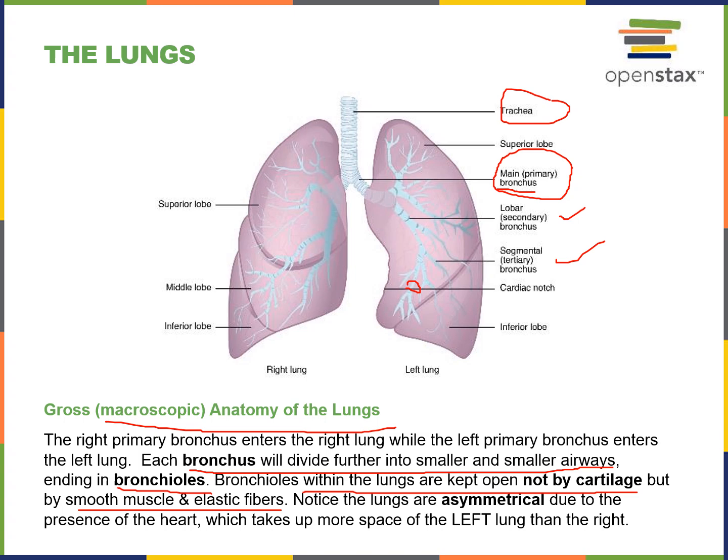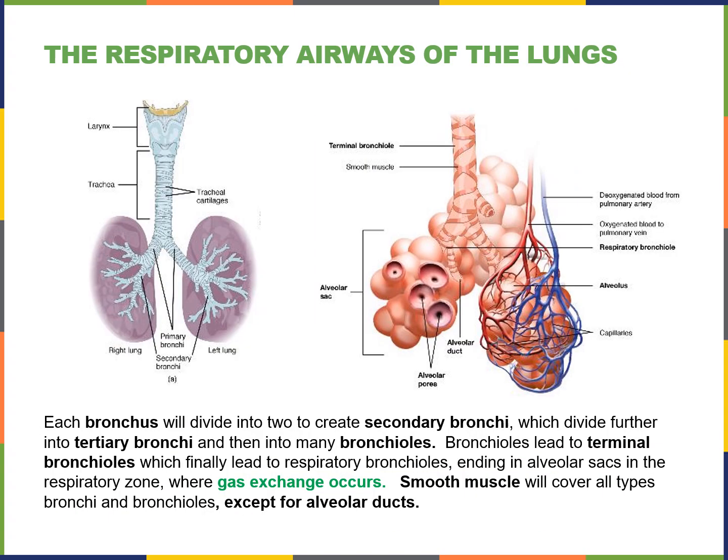You don't want them collapsing and then the air can't pass or flow. So they're kept open by the use of smooth muscle. So not cardiac muscle, not skeletal muscle, smooth muscle. And with the smooth muscle, there are some elastic protein fibers to give it flexibility. Okay, so back again. Now we see here in this diagram